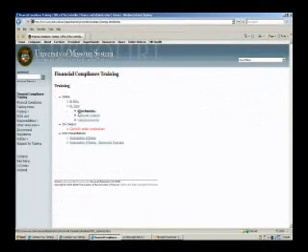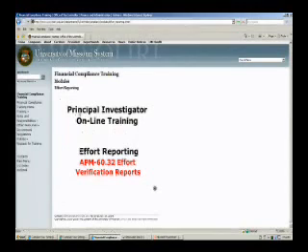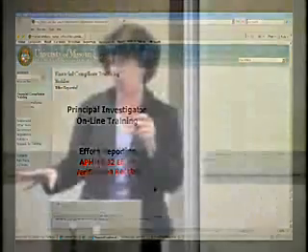We do have an effort reporting module online. It says for PIs because we're kind of trying to develop it as part of a bigger certification for PIs, but this would also very much apply to research administrators. It's got some Q&A, some interaction. Any feedback I would appreciate on this particular module. Once you go through it, it should take you 15 to 20 minutes at the top, and at the end there is a link if you want to send some feedback, and it does come to me.